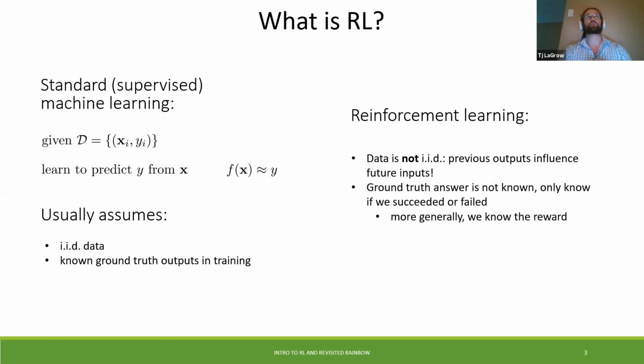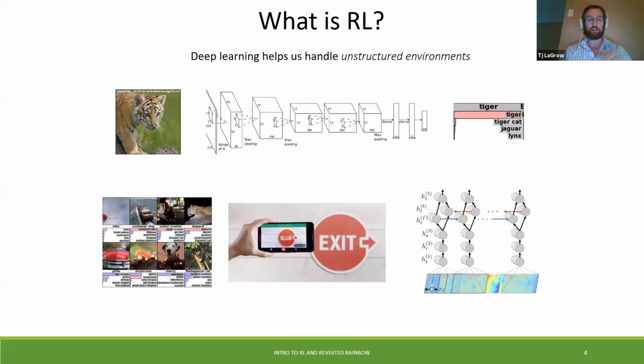Specifically, the real crux of reinforcement learning is that we know the reward and we define what the reward will be. So it helps us handle unstructured environments. So we have an image input here, we feed it through our network, and we can have a delineated class looking for what is in the picture, where we have a dictionary of output probabilities. Or we could be looking for different types of dogs, exit signs, etc.